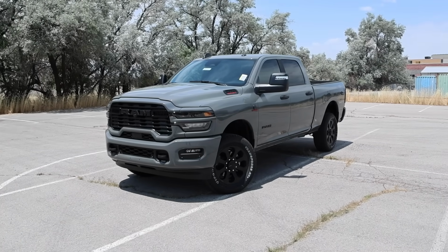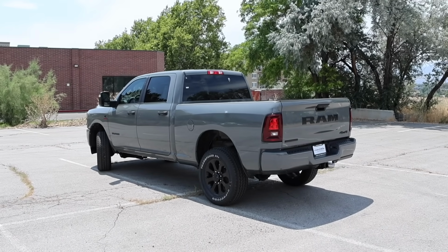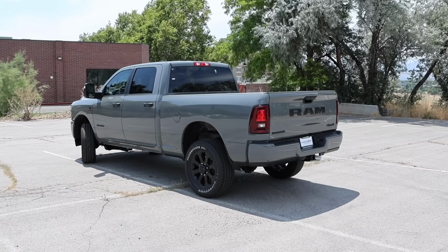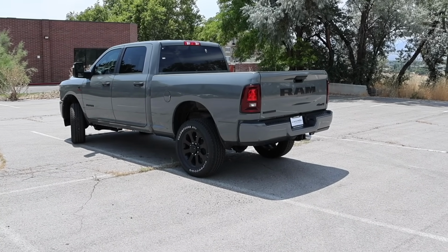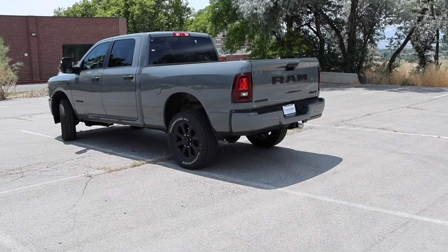This is an all new color for the Ram HD. Actually, that's not 100% true. I did a video on this color for 2024. However, it was a special edition color for the Rebel and Power Wagon. Now, there is a stipulation for this color that we'll go over in a second, but I did borrow this